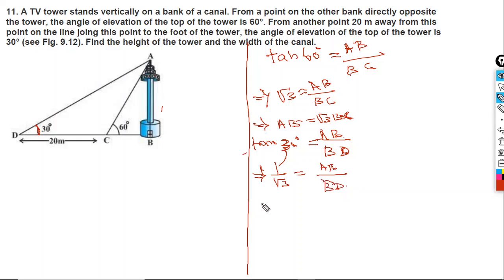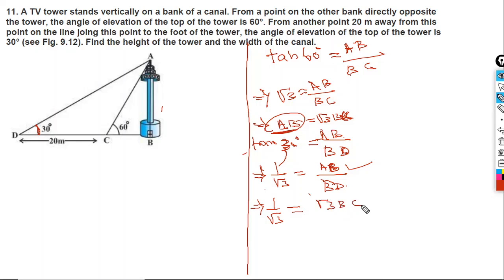Okay, now what we will do, the length of AB is root 3 BC. We will put this value of AB in this equation. So implies 1 by root 3 will be equal to, instead of AB we will write root 3 BC,